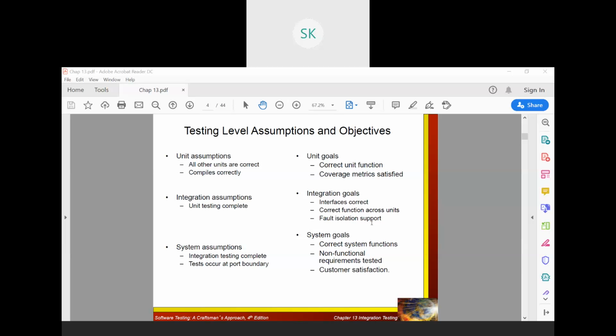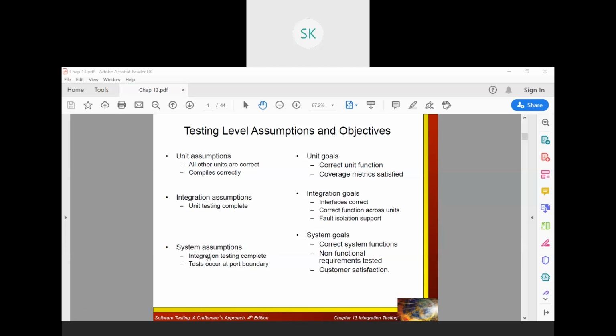Yes or no? The same thing. So it will isolate it. You cannot communicate anything with your database itself. So that is separate and this is separate. That's how it will work. So this will happen with respect to your integration assumptions. Next, we'll go with the last part of it, that is system assumptions.